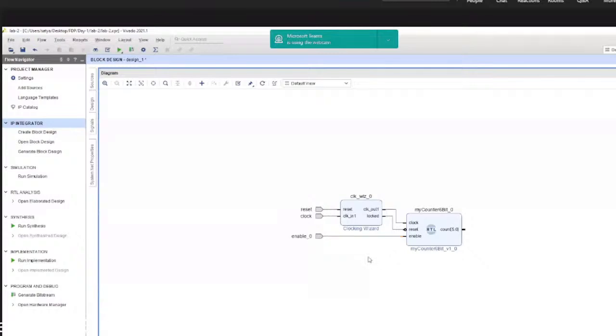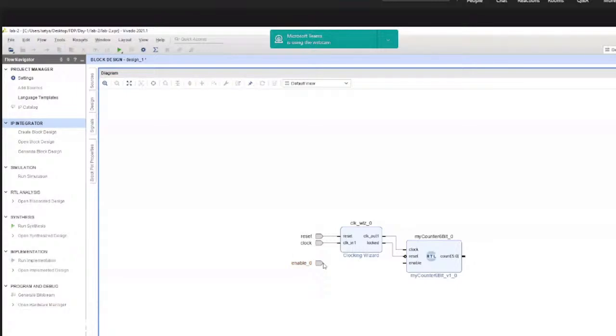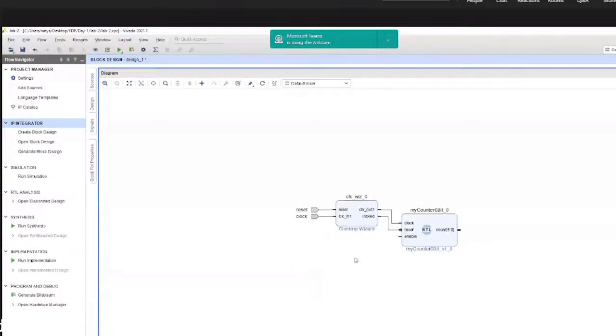Already we are familiar with how to connect these slide switches to the inputs of our module. So let us, this time, not use this slide switch. What I will do is I will use an IP core. So for that purpose, what I do is